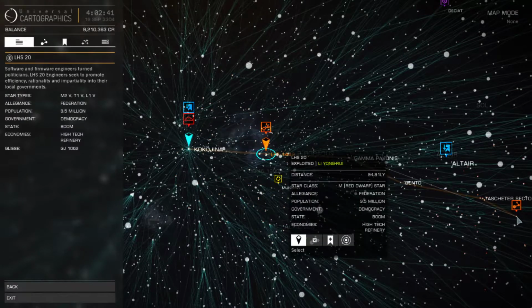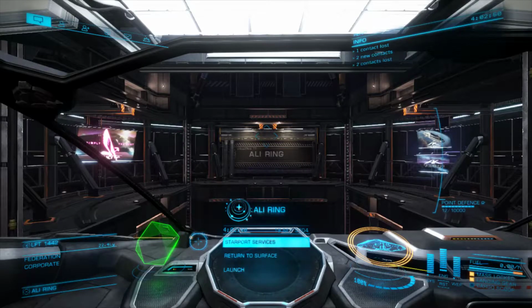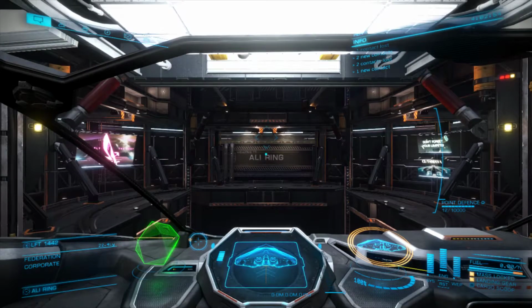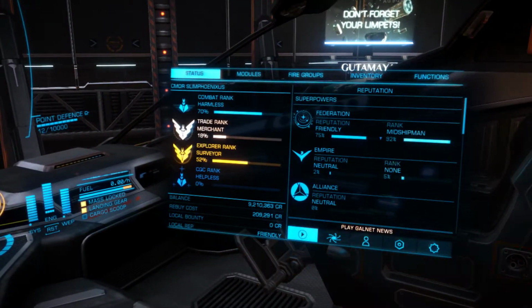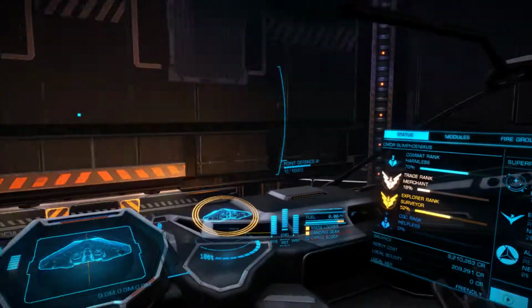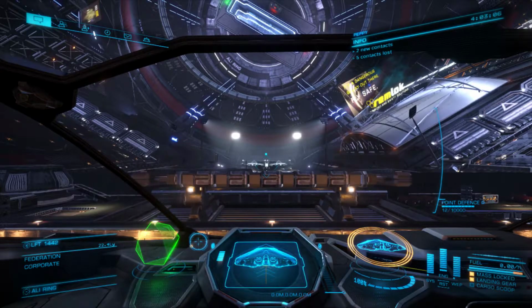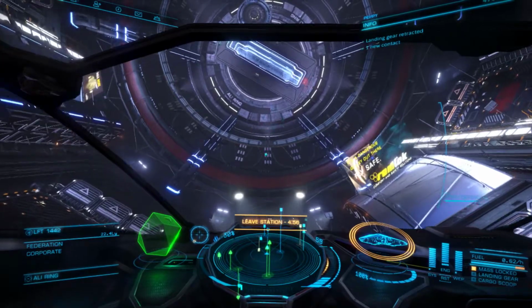And we're going to point at LHS 20. And we're going to clear the route and replot it. And we are ready to go. Oh, and I didn't check that. So the rebuy for this one is 209,291. Remember, the other one was 464,000. So the Cobra is the cheaper ship, and that means when we have to ship it back,